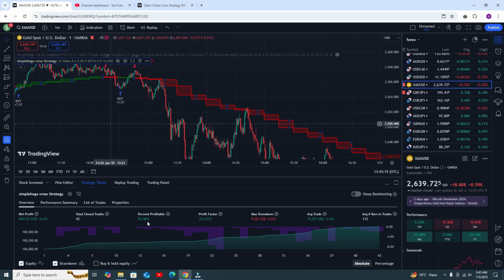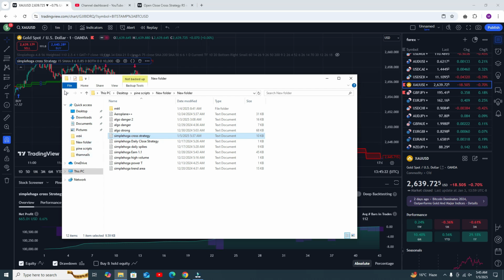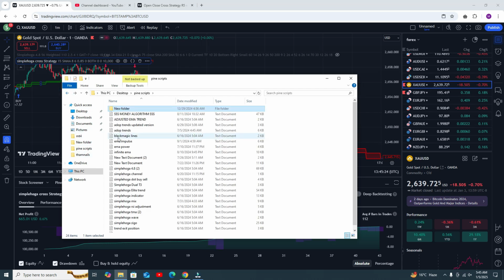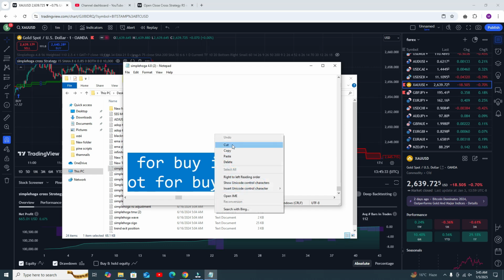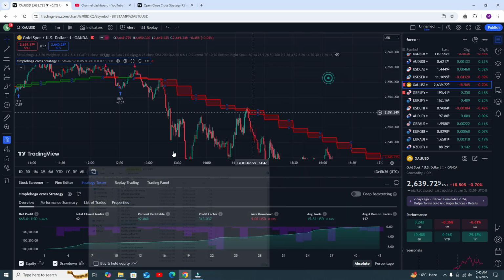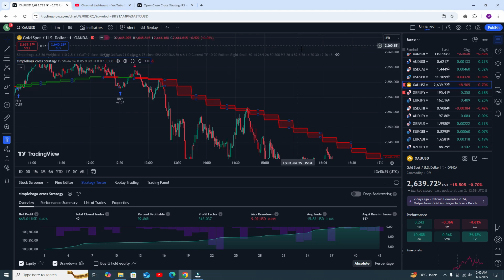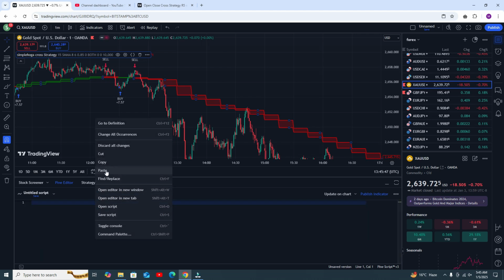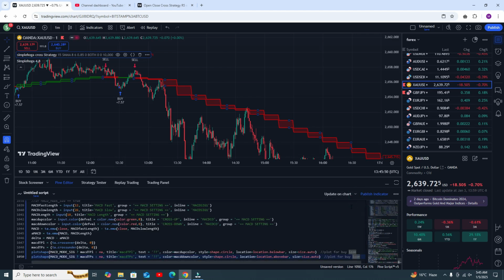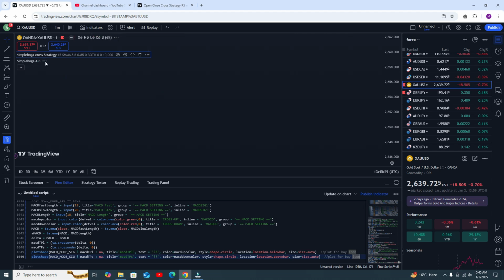Now the second indicator. Just go to the Pine Editor, and I will send you the file. You need to open my file, then copy my code. Let me show you: Control A, Control C, close it, go to the Pine Editor. First we need to remove the old code. First Control A, that means remove all the code, then paste my code, and then click on add to chart. The indicator will be added here, and it will be done in a few seconds. Just wait and let's see.